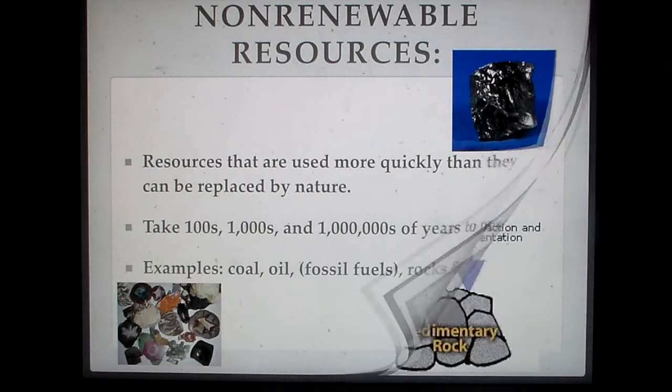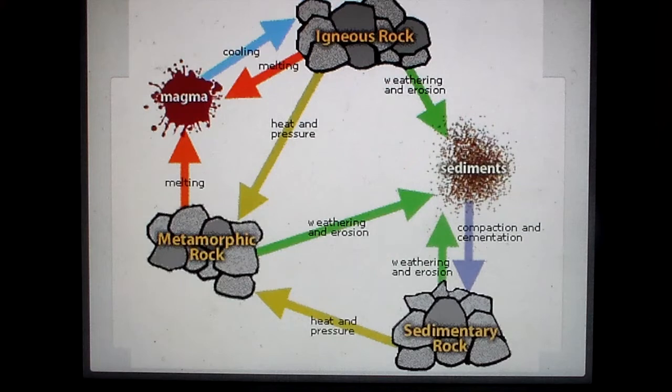An example of that with rocks and minerals is what's called the rock cycle. So you may or may not have studied this in elementary school, but maybe you watched a Magic School Bus episode about it. The rock cycle shows us how rocks can constantly change. Metamorphic rocks can turn into igneous, and igneous can turn into sedimentary, and sedimentary can turn into igneous, right? There's this constant process that is going to make new rocks and minerals. However, this cycle is incredibly slow. It takes thousands and millions of years for new rocks to form,